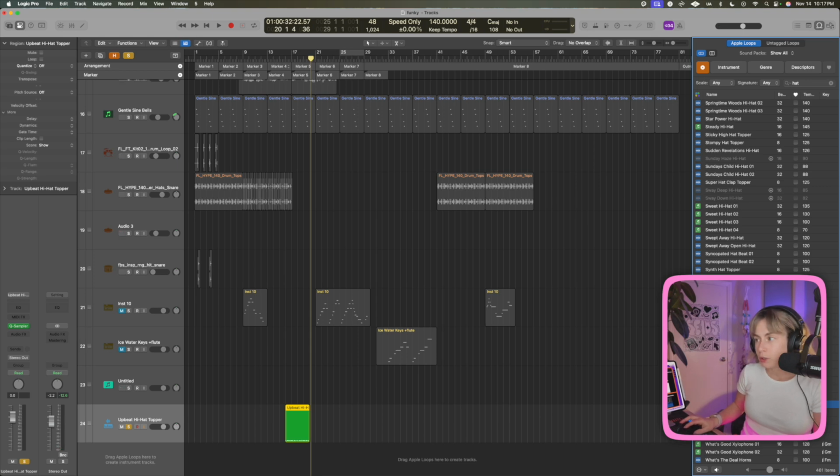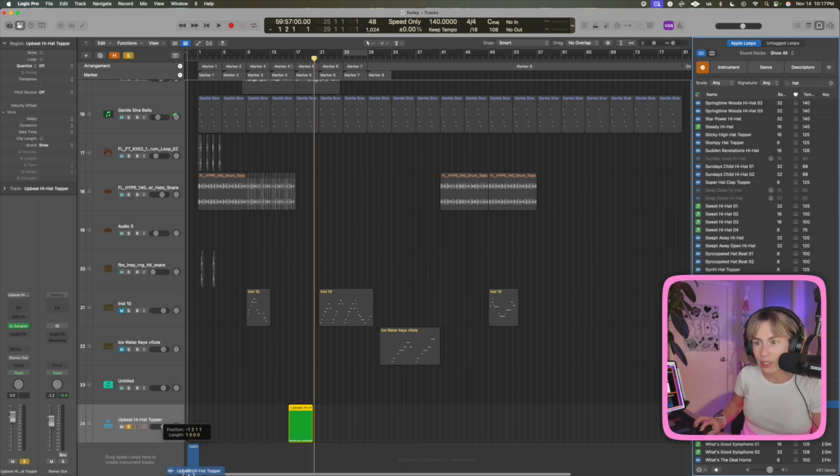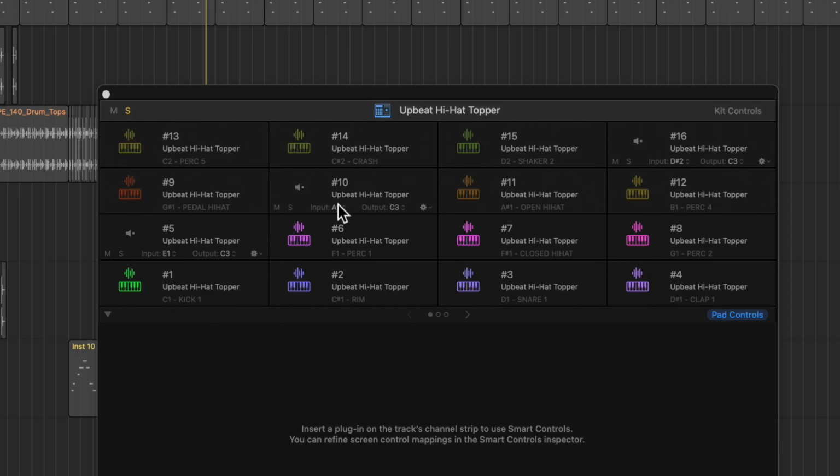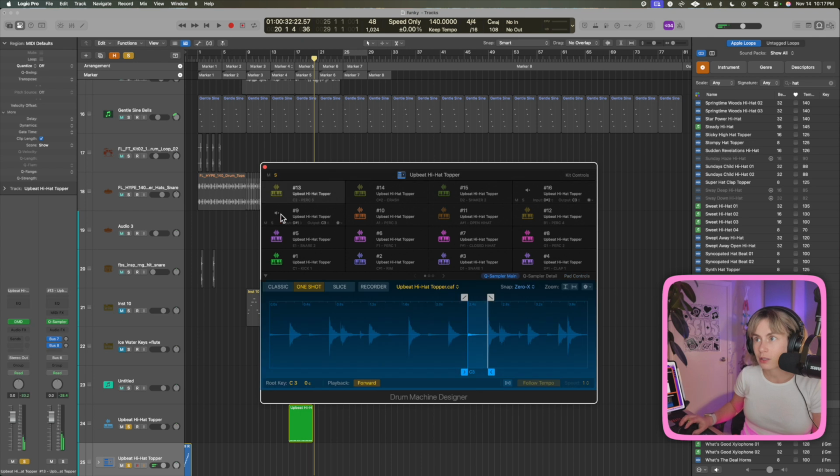All right, cool. I wanna play it out on my MIDI keyboard. So what I'm gonna do, hold it down, drag it over here. Select Drum Machine Designer. It puts each of the transients in each different pad. So look, you can see. So if I played it out on my MIDI keyboard,